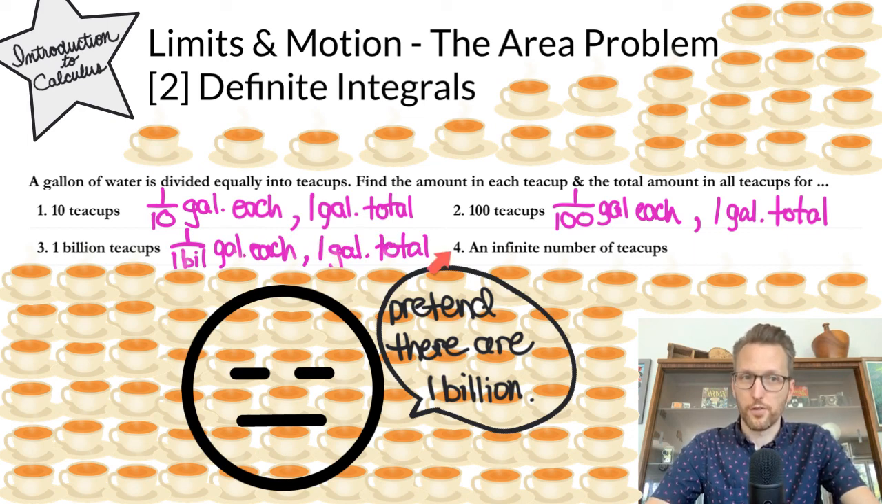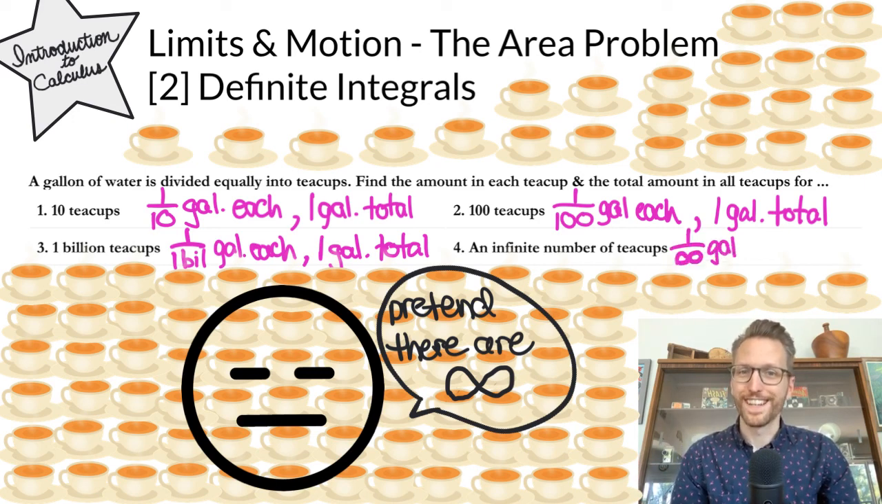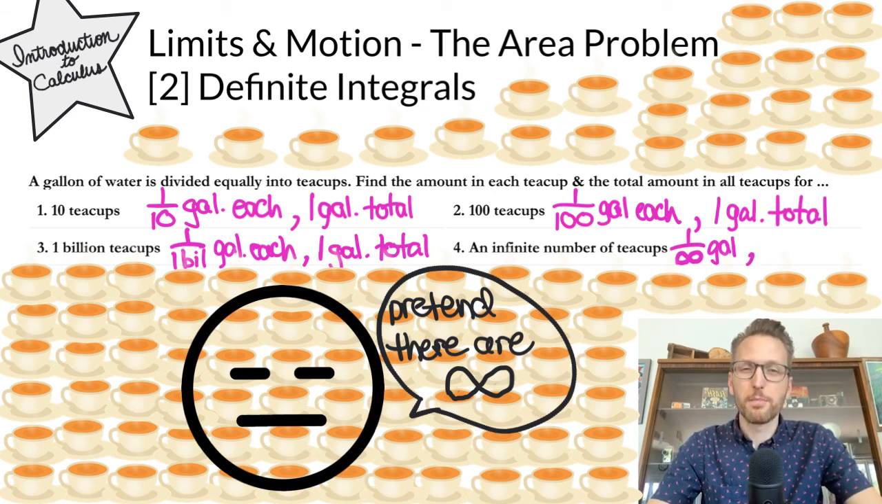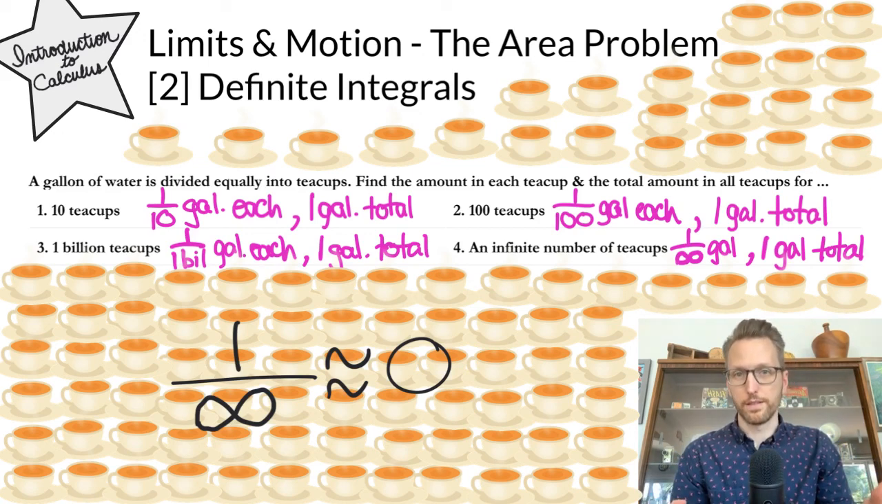Okay, number 4, an infinite number of teacups. Well, this is impossible, but let's play anyways. Each teacup would have 1/infinitieth, 1 over infinity, gallons in each teacup. That doesn't make much sense, but still we'd have a gallon among all the infinite number of teacups. Well, 1 over infinity is pretty much 0, but it's not completely 0. So all of these infinite number of teacups really would have just a tiny, tiny, tiny, tiny bit of water